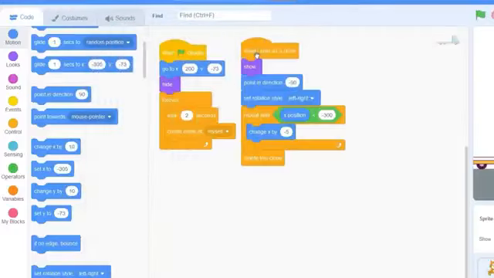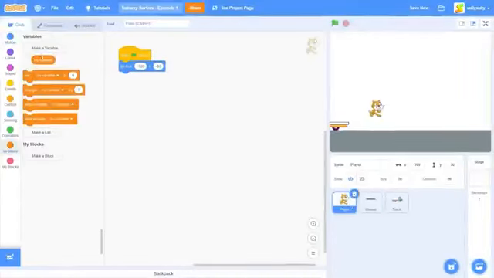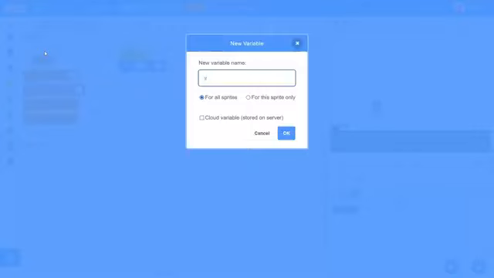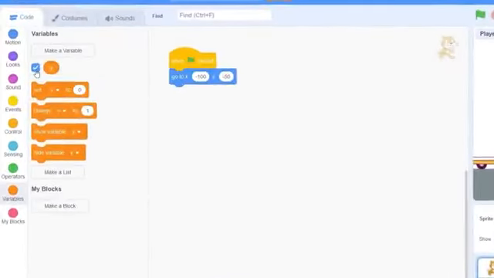Now we need the player to have some gravity. Let's go to our player and let's make a variable called y. Make sure it's for the sprite only, and I'm also going to be deleting this my variable since we won't need it, and I'm going to hide the y variable. So when the green flag is clicked, we need to set the gravity to 0, and let's drag out a